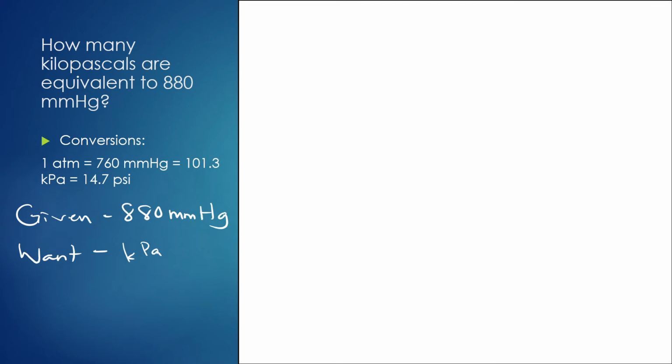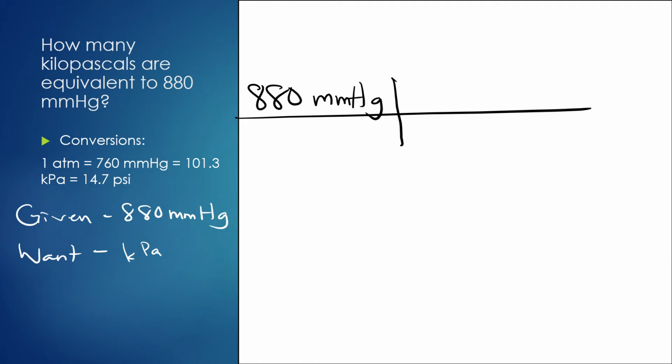So, like always, I want to start with my given on top. I'm going to write this a little bit bigger. So I have 880 millimeters of mercury. This should look pretty similar. Now I create my chart. Whatever I have here on the top goes to the bottom. So I have mmHg,